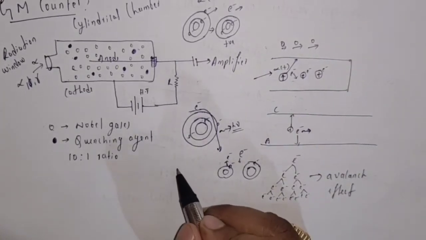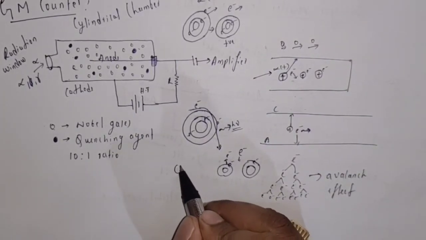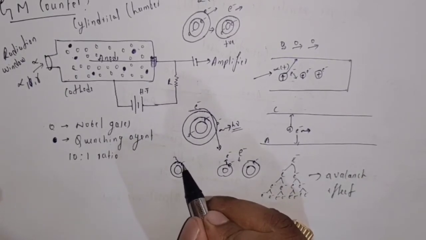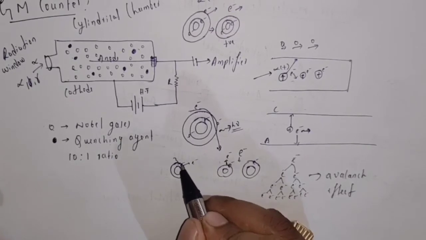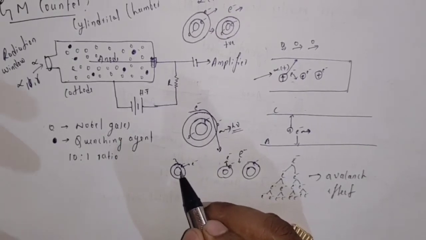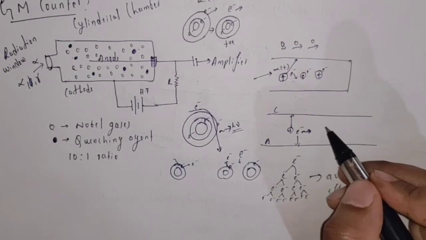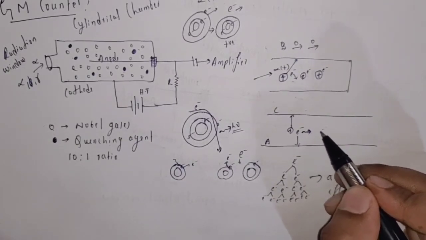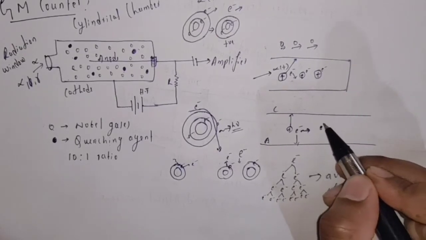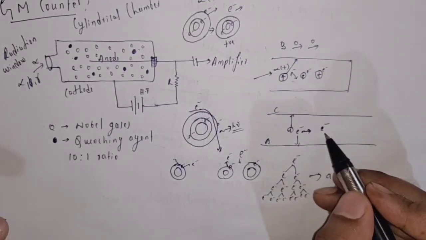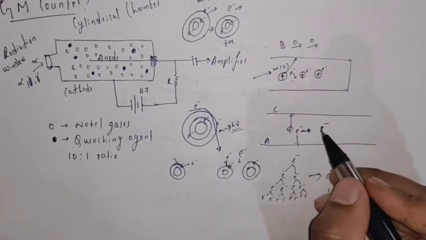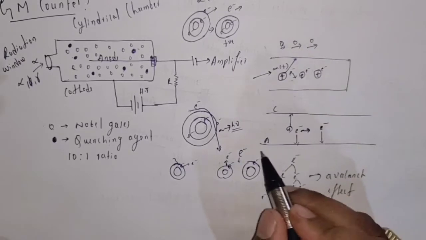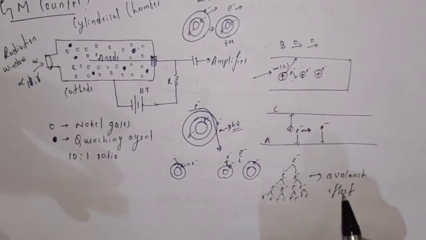with the gas atom, here I am going to show this photon, and it is going to emit an electron from the neutral atom of the gas molecules. And again, because of this photon produced from the Bremsstrahlung effect, another electron is emitted from the gas molecule, and this electron also moves towards the anode, and this also produces the avalanche effect.